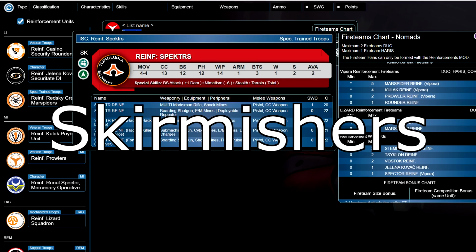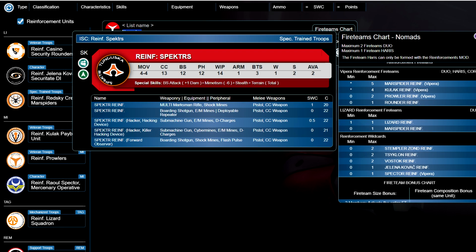To be frank, I don't usually rate Nomad skirmishers well, barring the ones from Corregidor, but the Spectre is looking a lot better these days. In reinforcements, they are pretty nice solo pieces to do jobs that need to be done. With CC 13, BS 12, Fizz 12, Whip 14, Arm 1, BTS 3 with 1 wound, it's not a bad